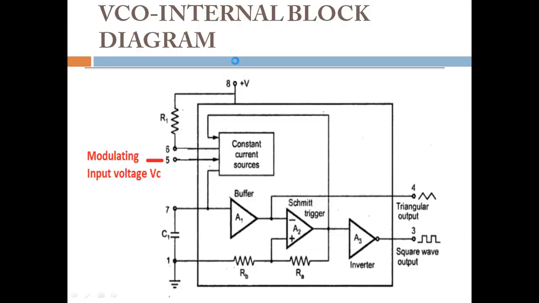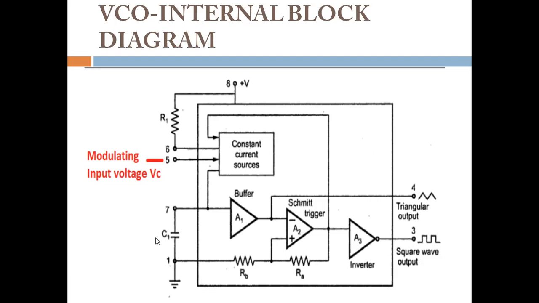We know that in many circuits like multivibrators or other conventional oscillators, the frequency of the oscillator depends on the external resistor and capacitor value. So we can change the frequency by changing the value of this resistor and capacitor. Unlike in some applications, the frequency is to be controlled by means of input voltage, rather than only by the resistance and capacitance value. This can be achieved by this voltage controlled oscillator.